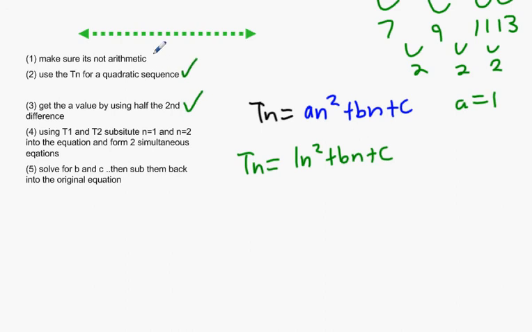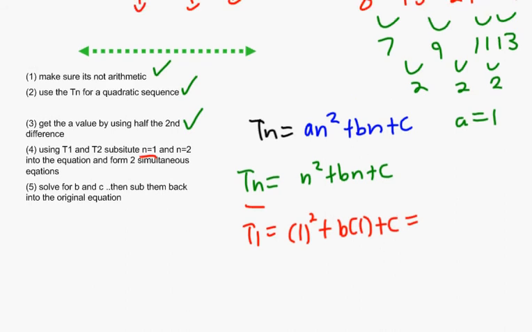I've done 1, 2, and 3. What's the next part after that? Using T1 and T2, substitute in n equals 1 and n equals 2 into the equations and form two simultaneous equations. So how do you do that? What comes after this part here? It tells you, n equals 1. I don't need to put down the 1, do I? So it's 1 squared after that, b times 1 plus c equals